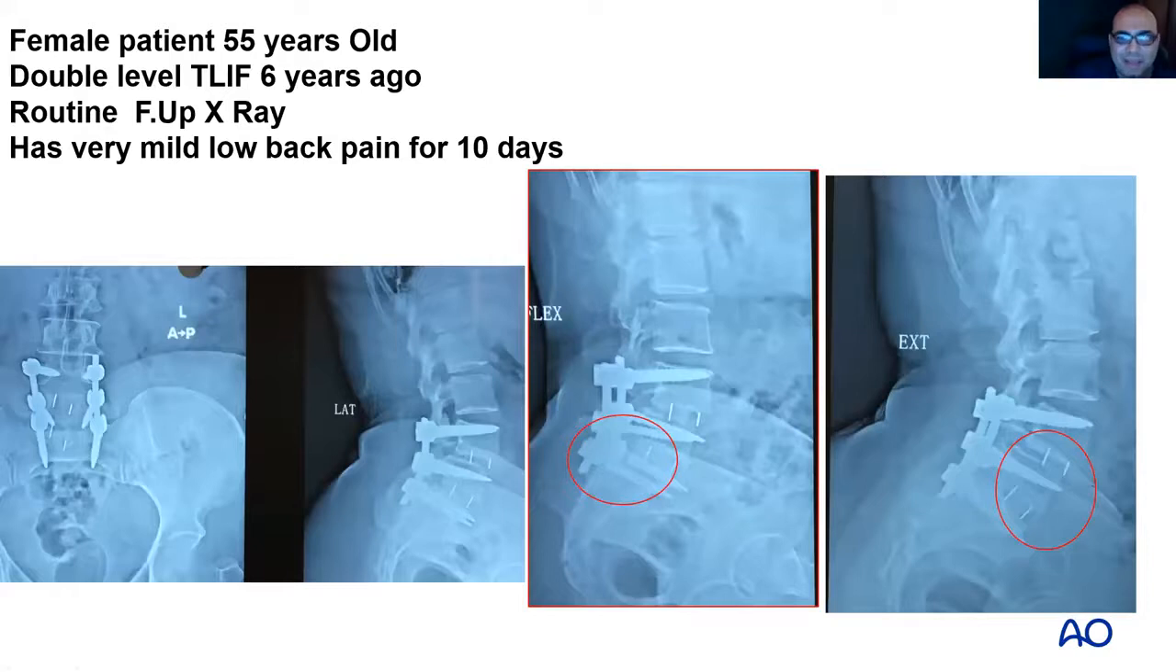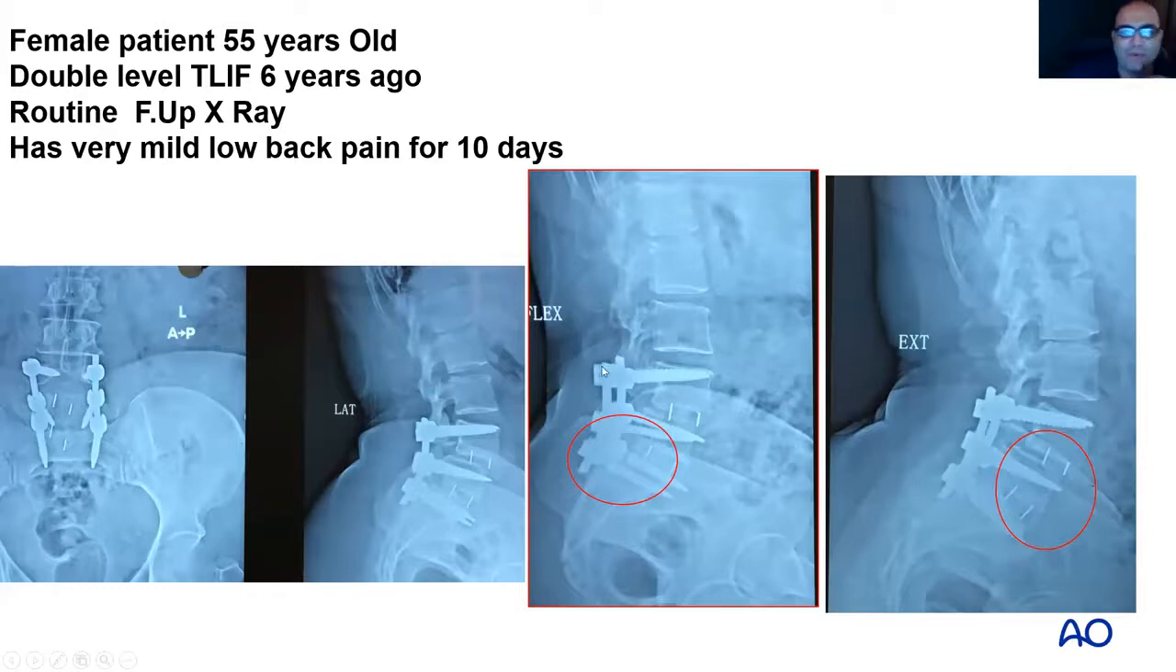these cases. I will start my presentation with this female patient, 55 years old, who presented to me 6 years after this double level fusion for her back pain and spondylolysis. She had complained for only 10 days of very mild low back pain, and this was a routine follow-up x-ray after 6 years. You can see here breakage in the screws at S1, and cage subsidence at the L4-5